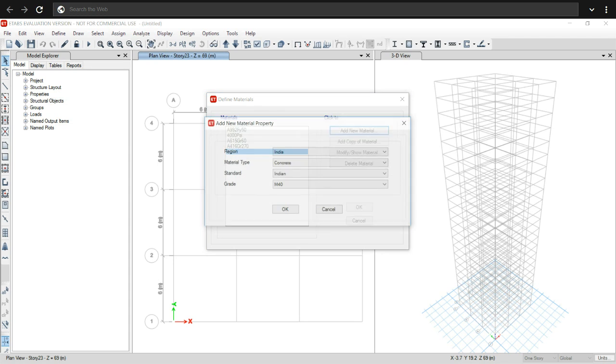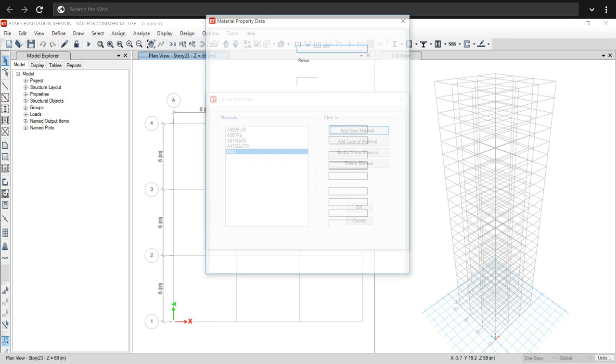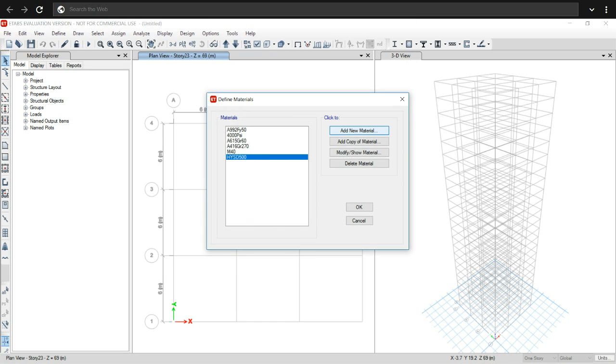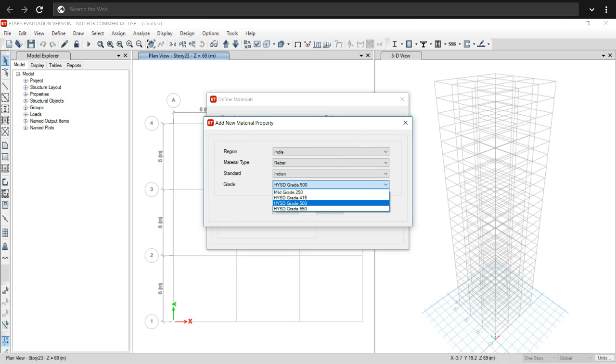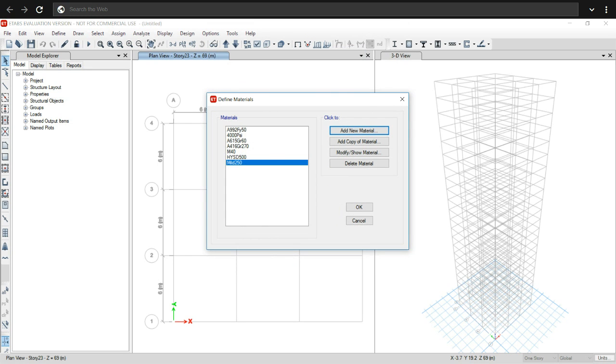Add another new material: rebars, we will take HYSD grade 500, then OK, again OK. Then add another new material of mild grade 250, then OK and OK. Now we have defined the material properties, then again OK to exit.